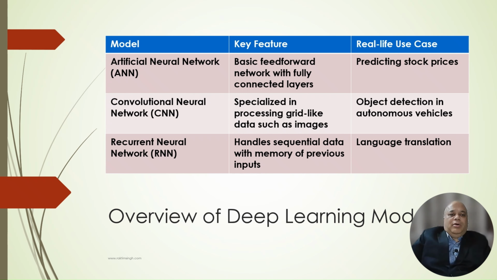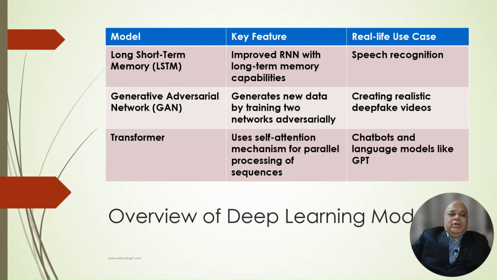ANN is artificial neural network, a basic feed-forward network with fully connected layers. CNN helps with images, and RNNs work on sequential data, trying to remember the previous input, and that's the way, let's say, language translation works. Apart from that, there are other models also like LSTM, which is an improved RNN with long-term memory capability. So that way it remembers, bigger passages can be translated, and speech recognition could be